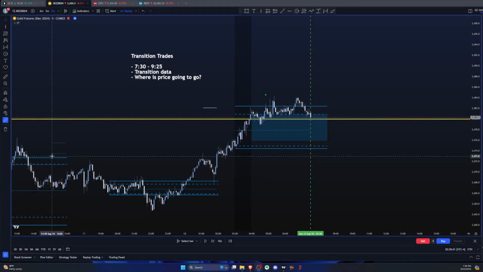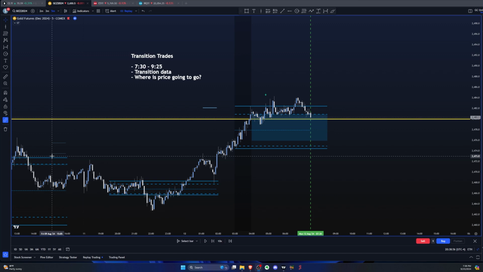Now we get to transition trades. And transition trades are a little bit more challenging than the other trades. There's a bit more discretion. And one of the reasons why I think that they're a little bit more challenging is because of the amount